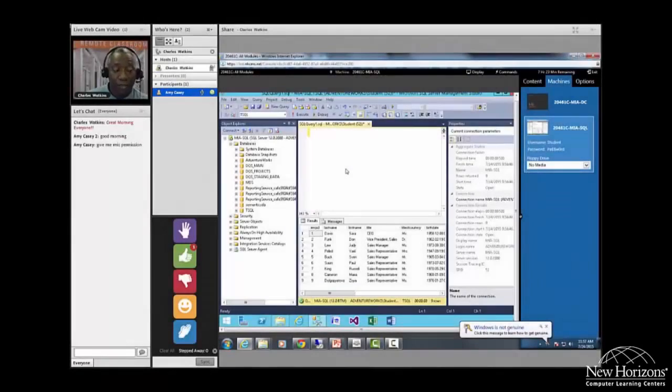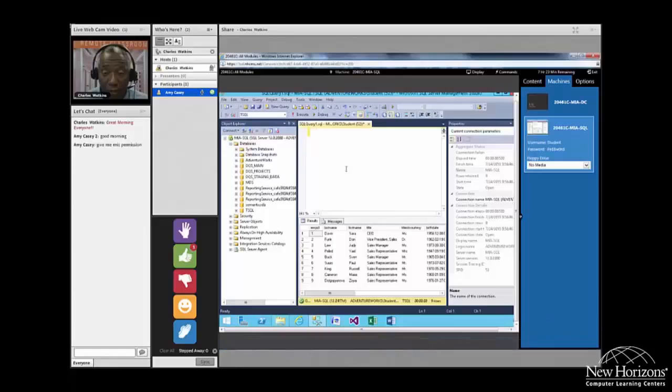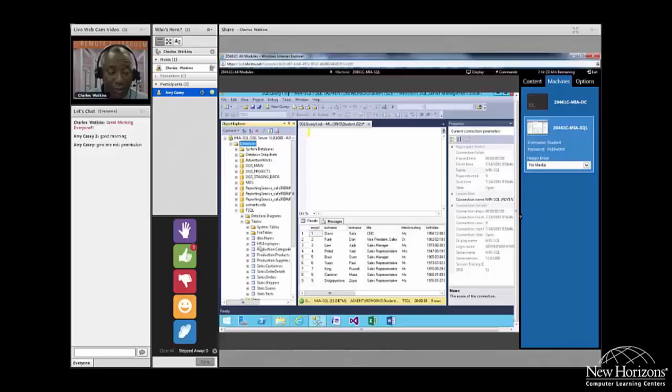All right, Amy. Now that we've got our TSQL database, we're now going to execute a query. And what we want to do is return all of the records from the employees table. I know there's an employees table because if I click the plus sign beside the TSQL database and then click the plus sign beside tables, it says HR.Employees. So we're going to type